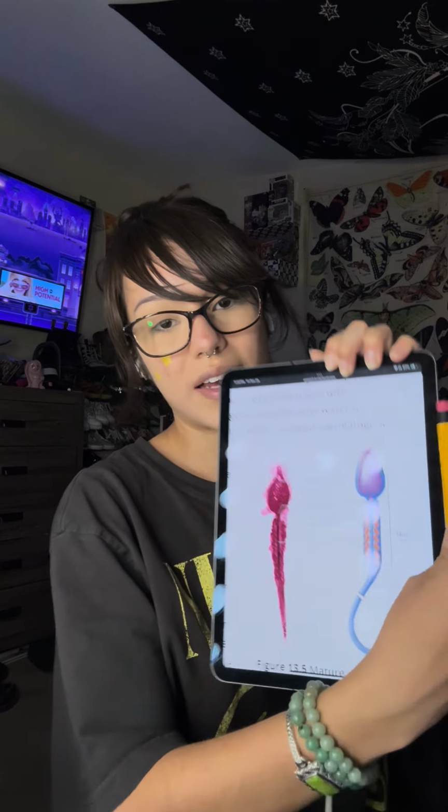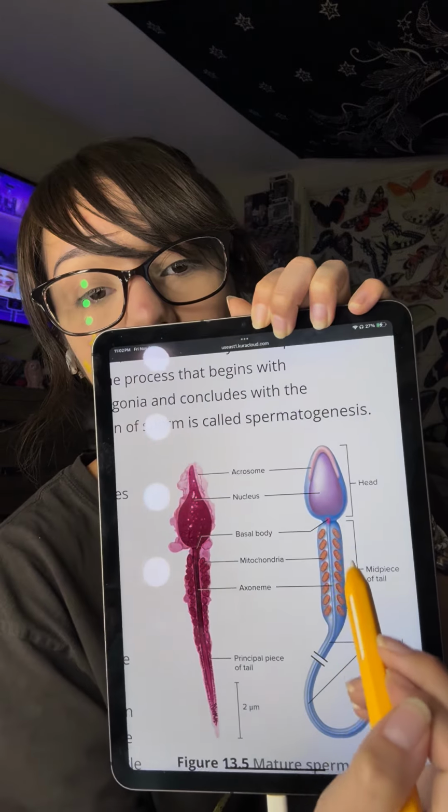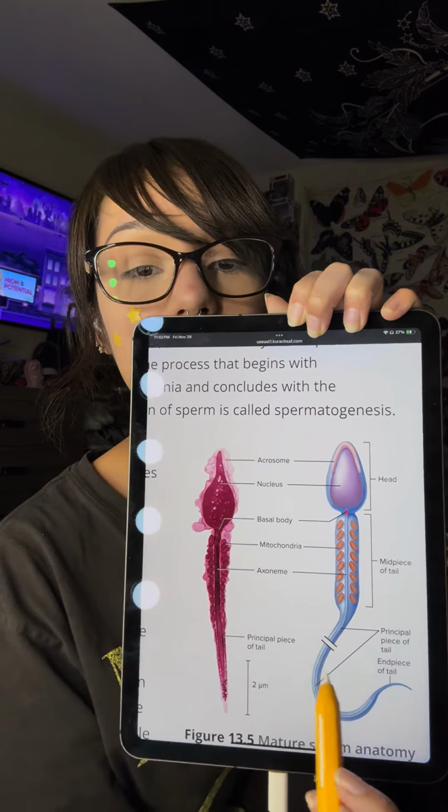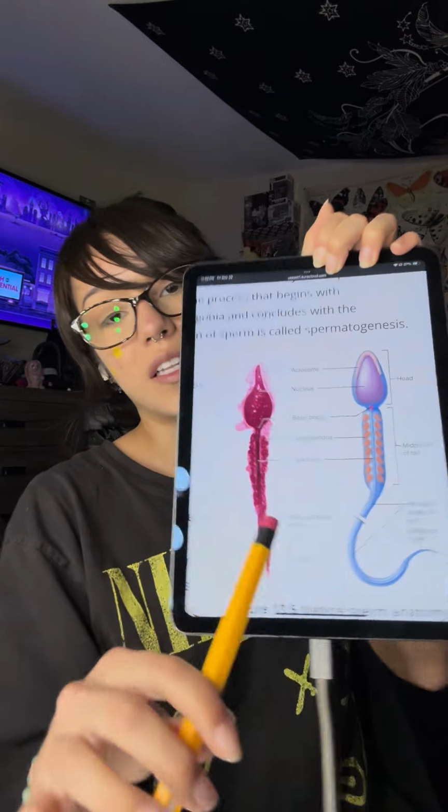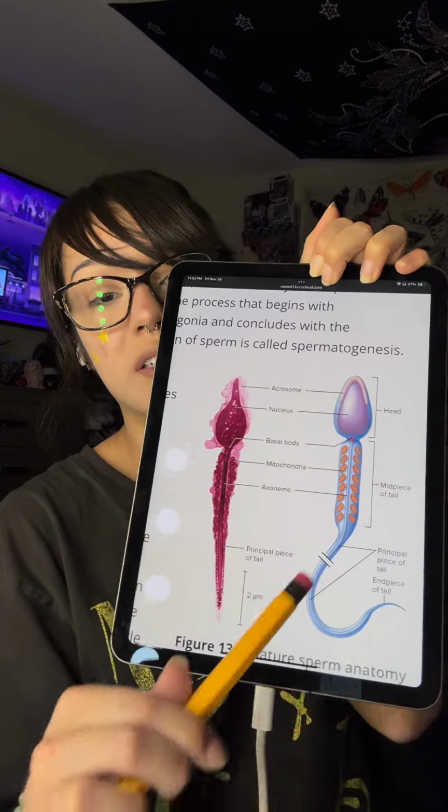So the structure of a sperm cell is, let me find a good photo. Oh, there we go. So it has a head, a body packed with a bunch of mitochondria, and a little flagellum. And also, fun fact, that's the only cell in the human body that has this little structure right here to help it propel itself. It needs all those mitochondria, and